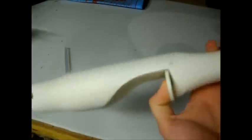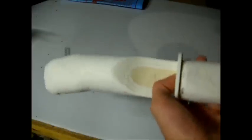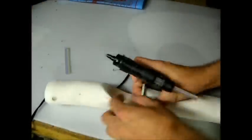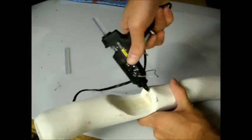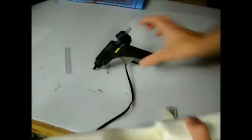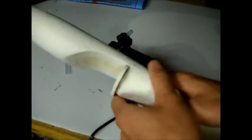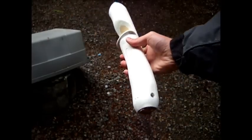It extends it out in all directions, a little bit, not really far. I'm just gonna hot glue it on. I'm using a lot of hot glue here because the arrow shelf that I cut isn't level, and I want to be able to adjust the one that I'm gluing on so it's level and just have the hot glue